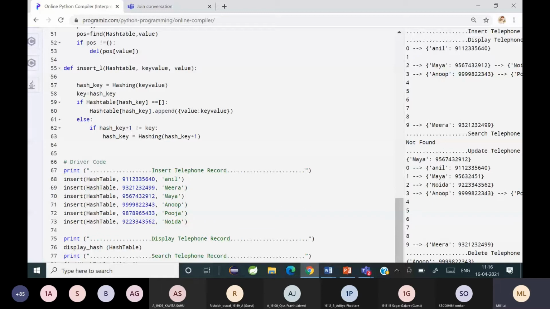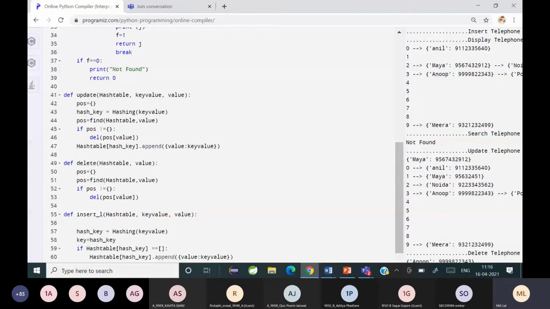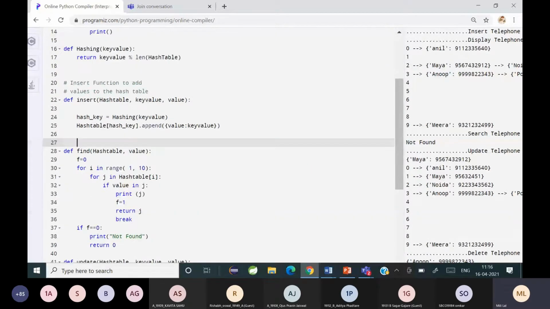So look at the insert function here. What is the insert function doing? Hash table, key value and the value. So how are you going to place the record? Can somebody tell me? Index कैसे find out करने वाले हैं यहाँ पे? Ma'am, division modular method. हाँ, डिविजन मॉडुलर मेथड में, की वैल्यू कैसे फाइंड आउट कर रहे हैं? मतलब what are you taking as the source to find the index? Phone number. Dictionary of value to pair.